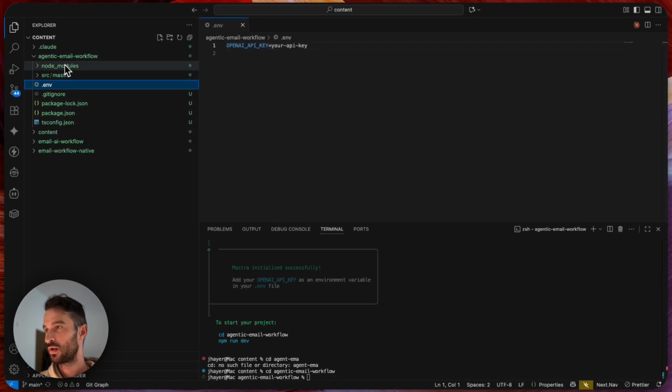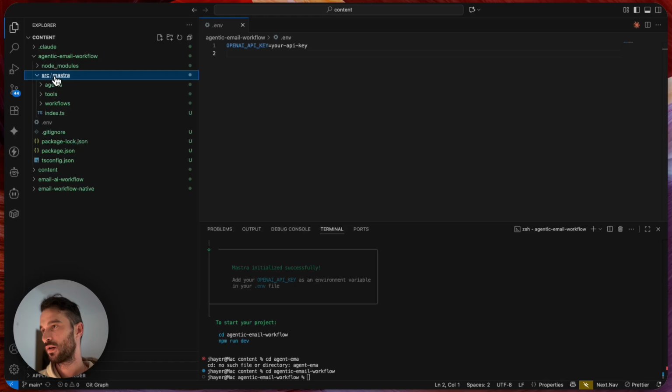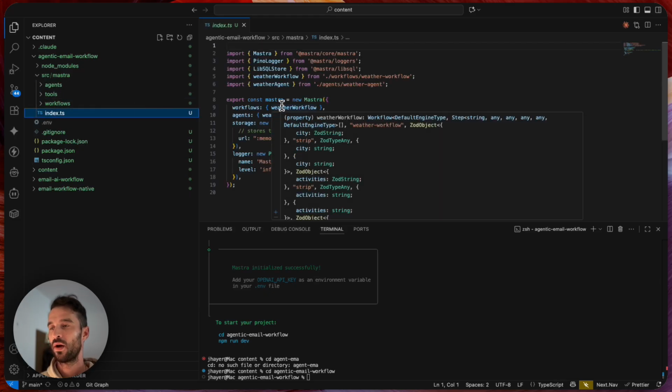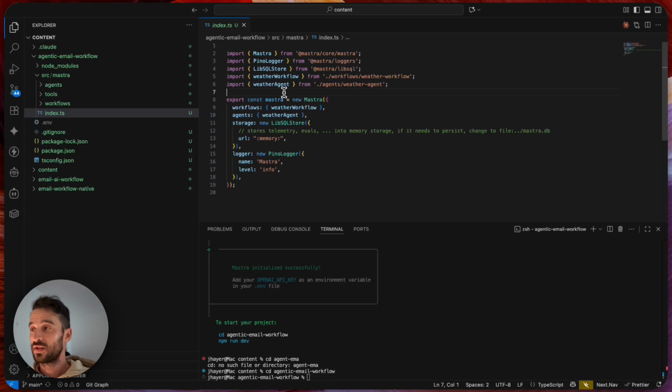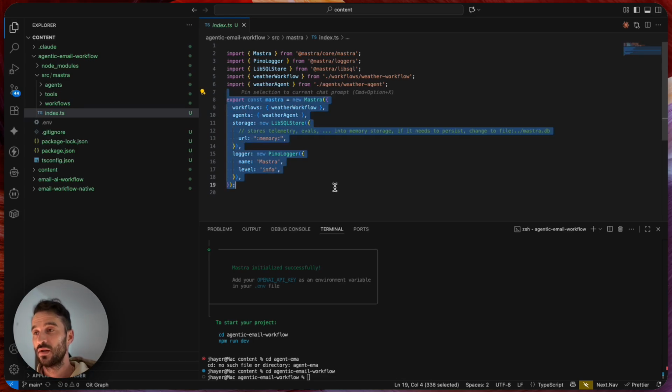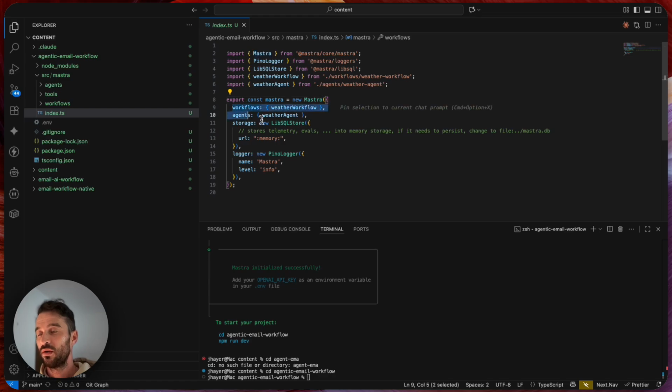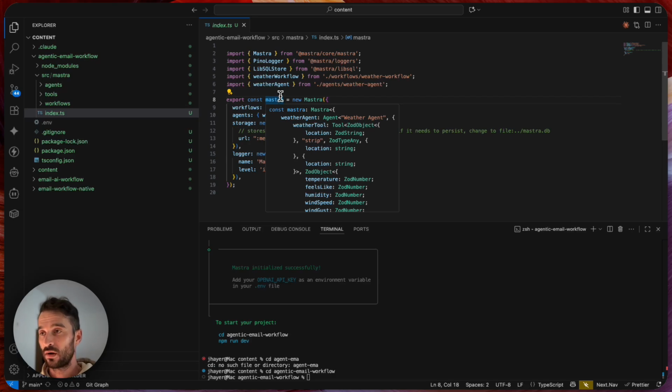What we are seeing here is the .env file with the correct OpenAI key attribute, where we later need to move our key value in. And here we see a mastra folder, and there we have the starting file. The main file is the index.ts file, and we create this Mastra object where we define all the stuff: the workflows that we have, the agents, the storage, and the logger. The idea behind this is that we create this kind of God object of Mastra that we export and